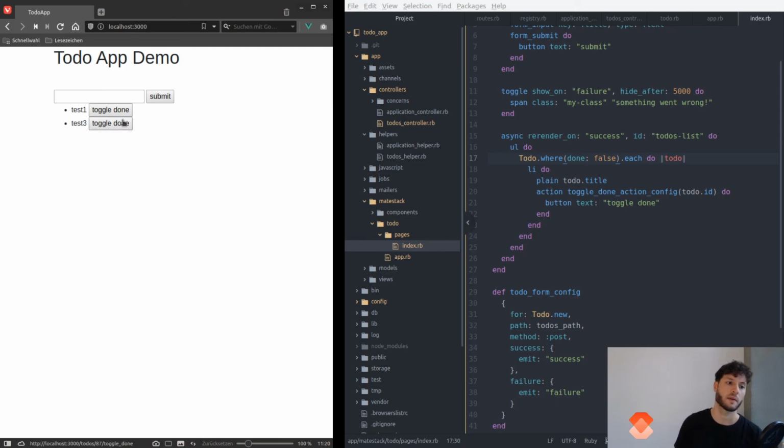So I clicked the second test to-do here, and the list re-rendered itself automatically on the client side without any browser reload or whatever. So that's again pretty great. No JavaScript involved for that kind of reactivity. It's just some lines of pure Ruby. Okay, so maybe we want to